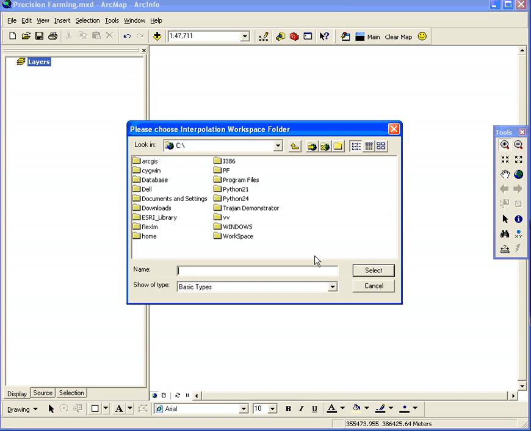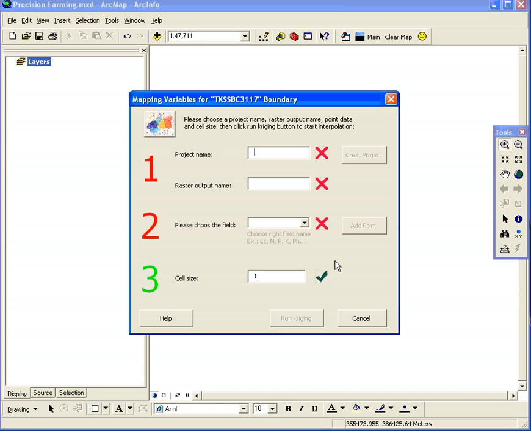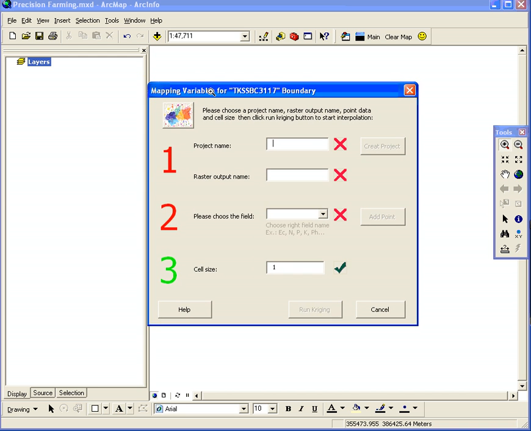The next step is that the program asks you to provide the workspace folder. We just click on workspace and select. You notice that it's still in the drive C. You can read the message from the top of this window. Just simply click select, and here is the main wizard for the